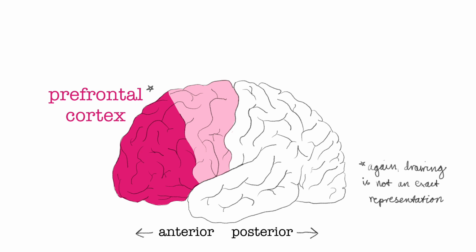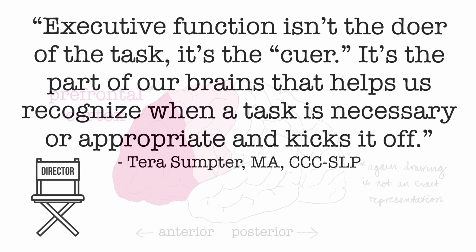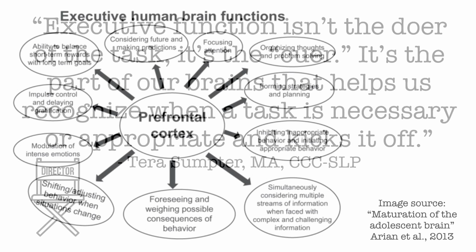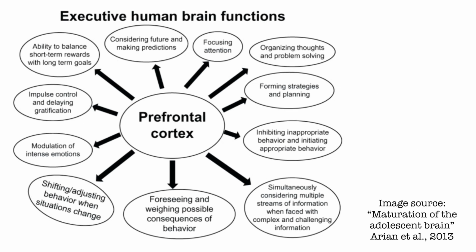Tara Sumpter, an SLP who specializes in this area, uses the analogy that our executive function system is like a theater director. In her words, executive function isn't the doer of the task, it's the cuer. It's the part of our brain that helps us recognize when a task is necessary or appropriate, and kicks it off. Some specific examples of executive functions include focusing attention, impulse control, regulating intense emotions, foreseeing and weighing consequences, planning,